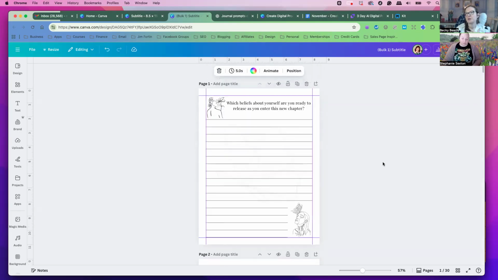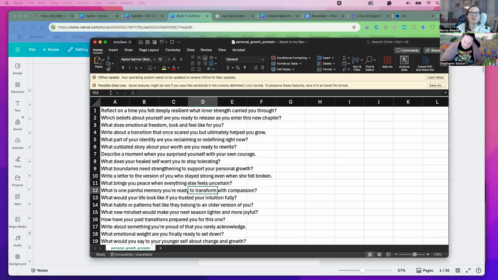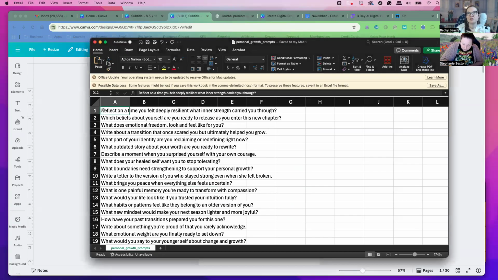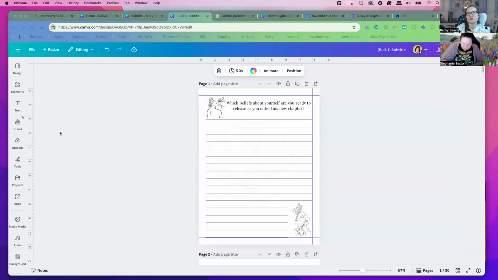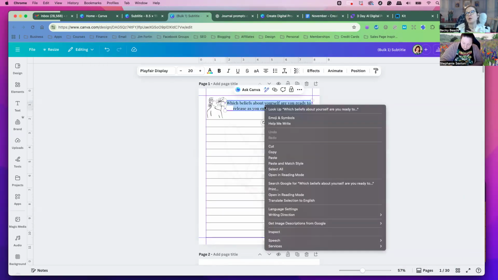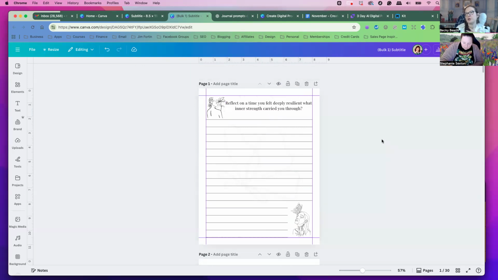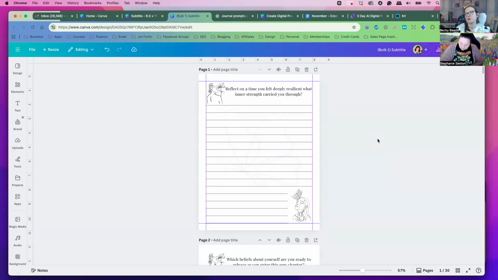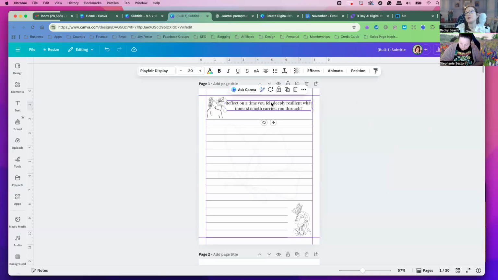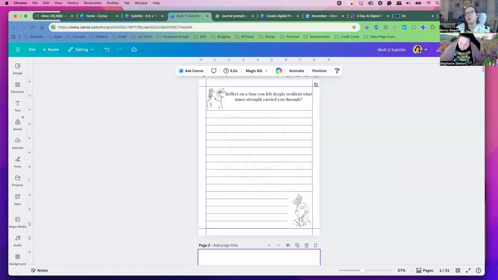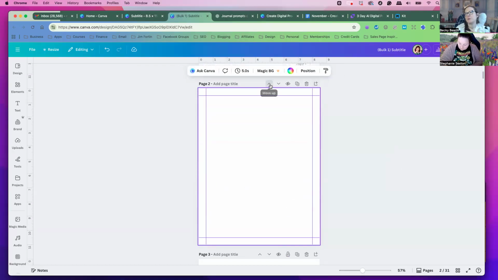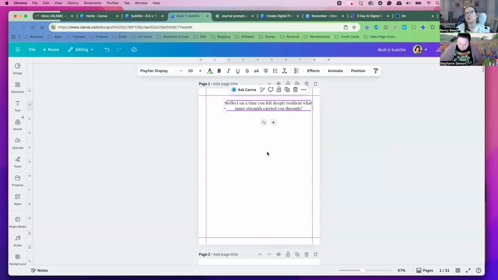So now we need to put back the first one from the CSV. I'm going to click the first prompt, because it didn't put it in, and paste it. So now we have 30 pages, because it didn't add the first one, as it never does. It always adds the second one onward. I don't know why. Then I'm going to take this text, copy it, make a new page, go up with the arrows, and paste.